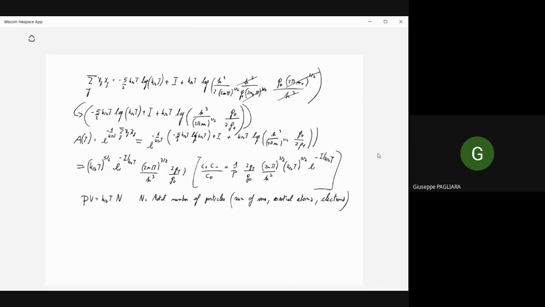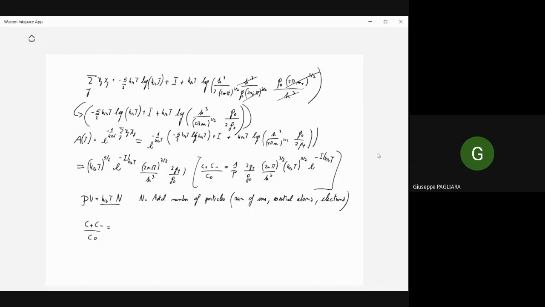So let's consider this mixture of particles as an ideal gas, as in the beginning, and therefore, instead of P, I can write kBT n divided by the volume, and therefore C plus, C minus, and C0 now is equal to